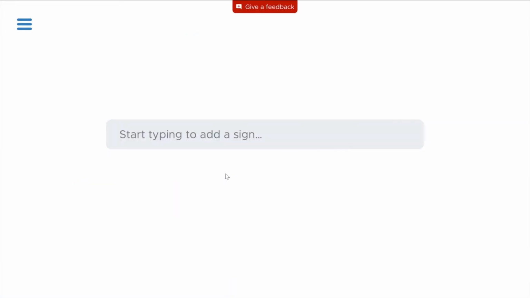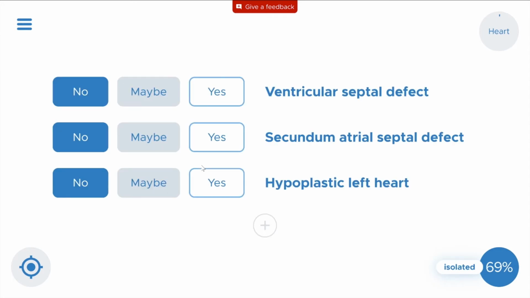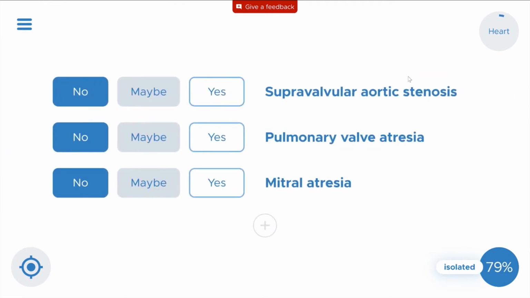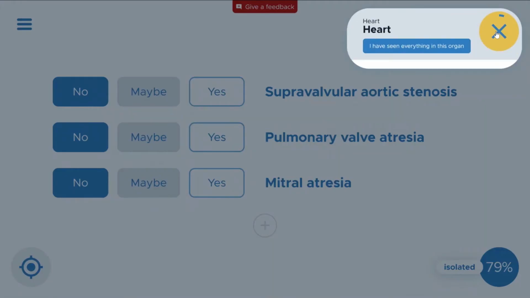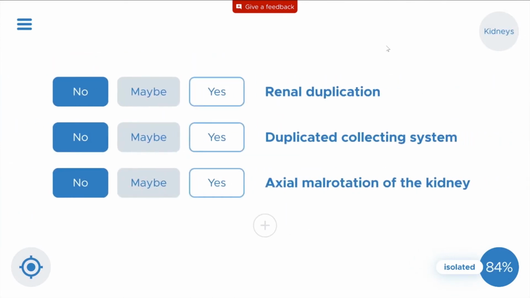No invasive procedures have been performed and the nuchal translucency was considered normal. We type coarctation of the aorta and a first set of questions on cardiac anatomy pops up, to which we answer no to all. Now you might already have an echocardiography and therefore consider that the rest of the cardiac anatomy is normal. You can say so and go to the next anatomical region,